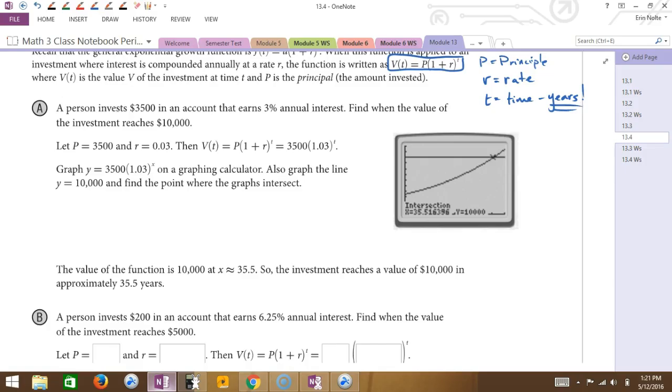Okay, so here is a scenario where we have an investment of $3,500 and we're going to earn 3%. So this is like a complete real world scenario, right? By the way, while we're talking about